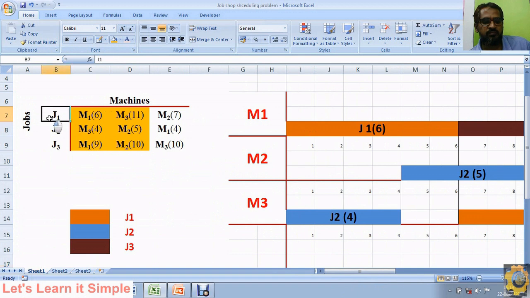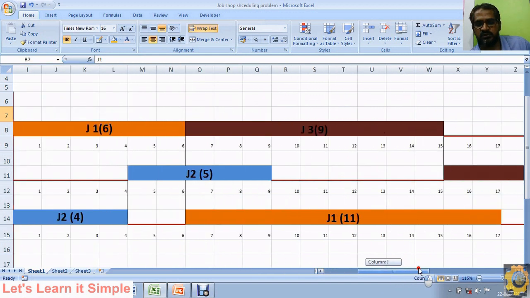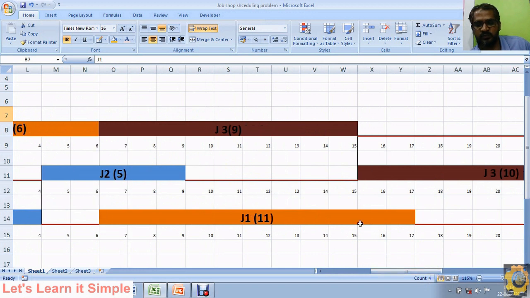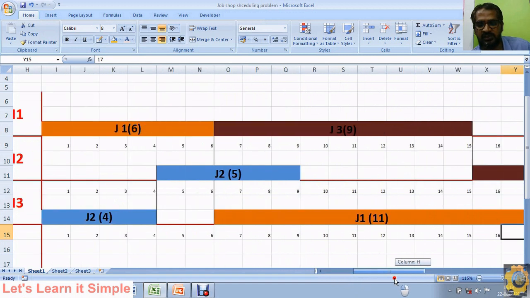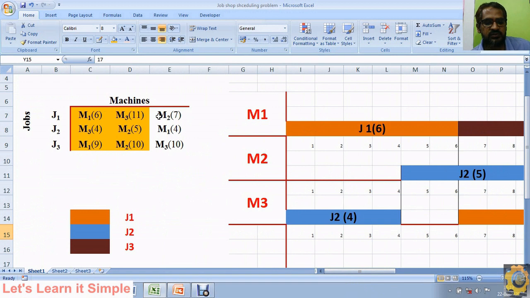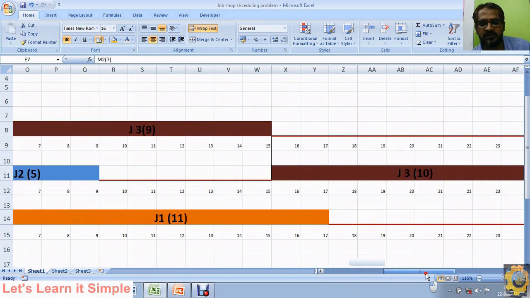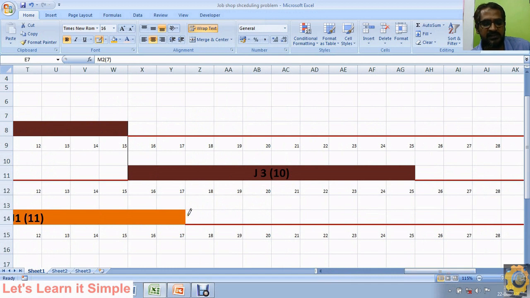Next, the first job, already machined at M1 and M3, now has to come to M2. So where is the first job? At the 17th time unit, the first job is completely processed in machine 3. Now from here it is ready to be dispatched to the second machine. So first job on machine 2 with a time unit of 7. It has to enter. Now at the 17th time unit, it is ready to be dispatched, but